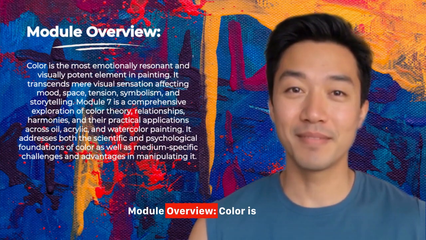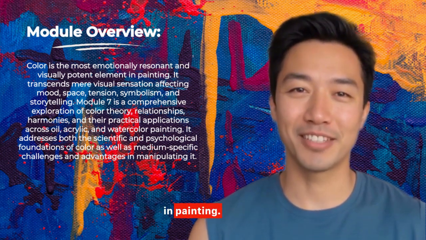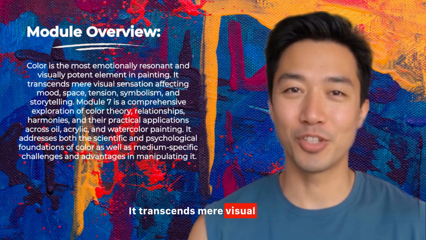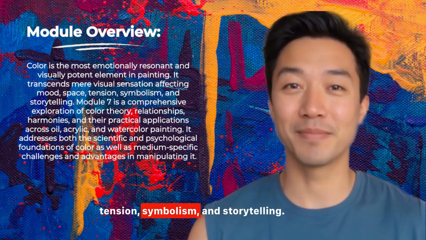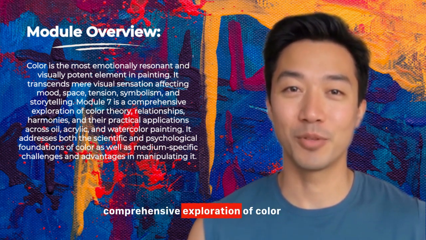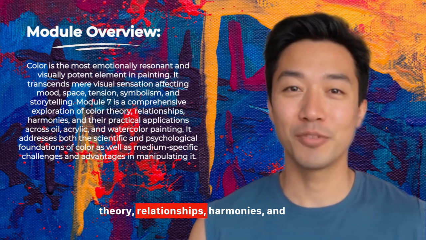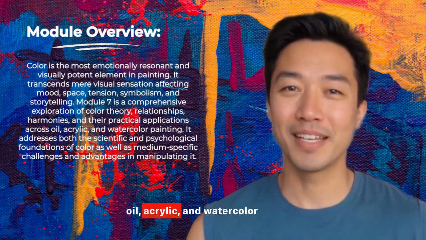Module overview. Color is the most emotionally resonant and visually potent element in painting. It transcends mere visual sensation, affecting mood, space, tension, symbolism, and storytelling. Module 7 is a comprehensive exploration of color theory, relationships, harmonies, and their practical applications across oil, acrylic, and watercolor